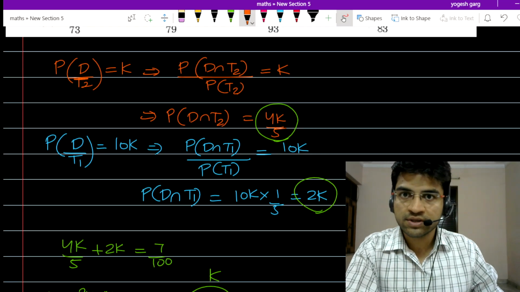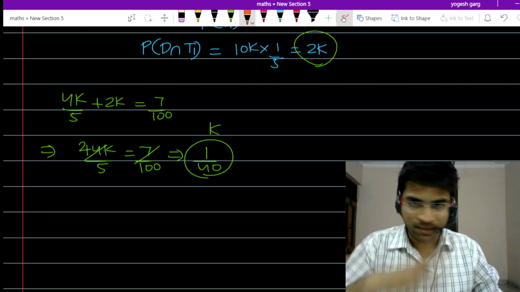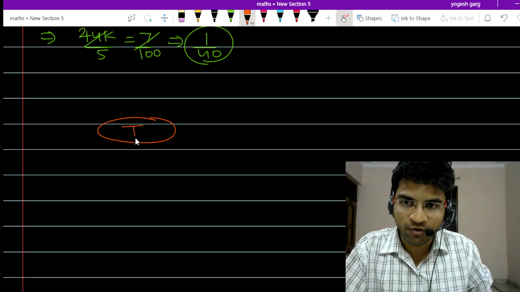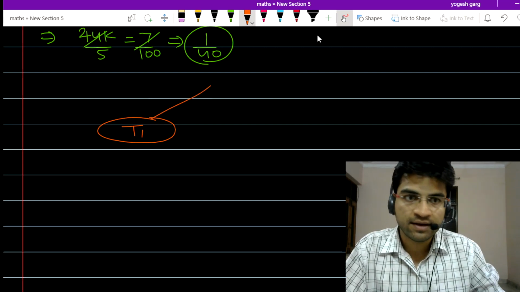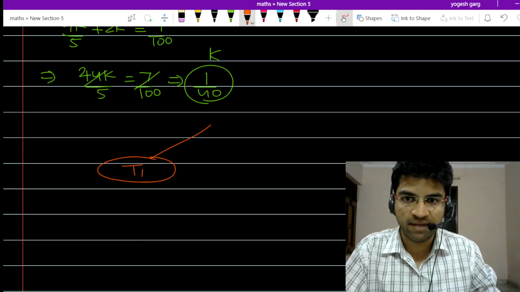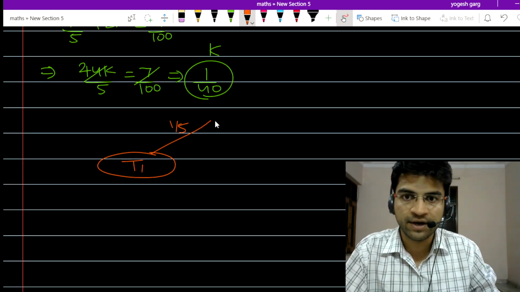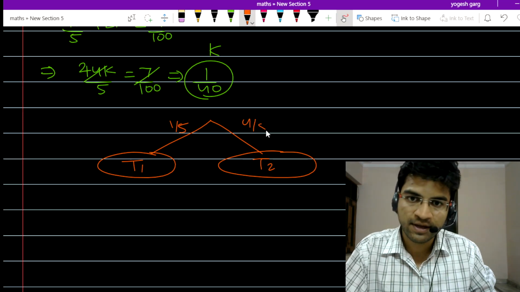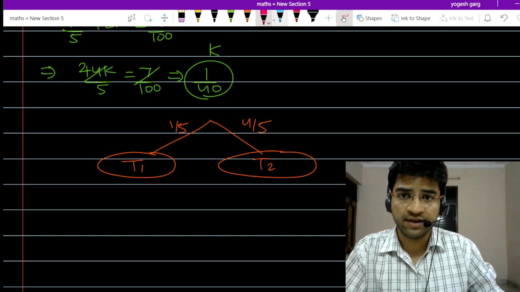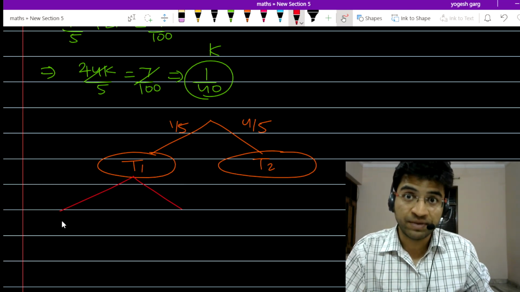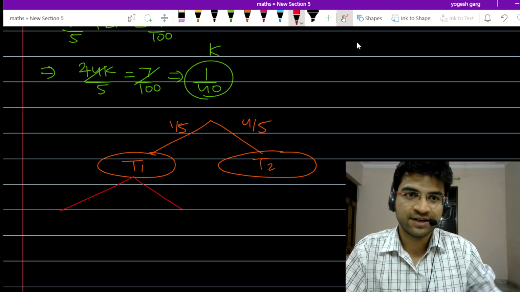if you use the Bayes diagram tree, right? There is a factory. Probability of producing from T1 is 1 by 5, right? So this is 1 by 5. Probability of producing a computer from T2 is 4 by 5. Now if you choose T1 and the computer turns out to be defective, this is P(D|T1), that was